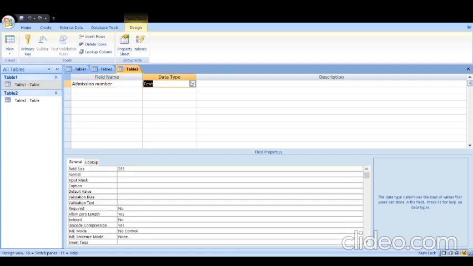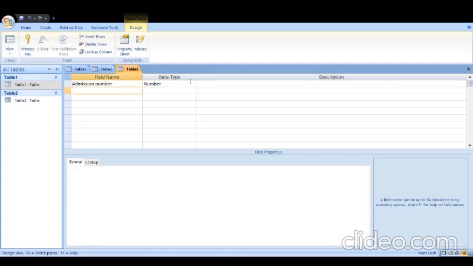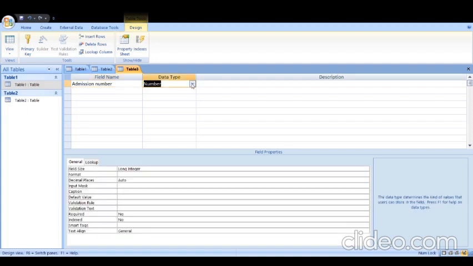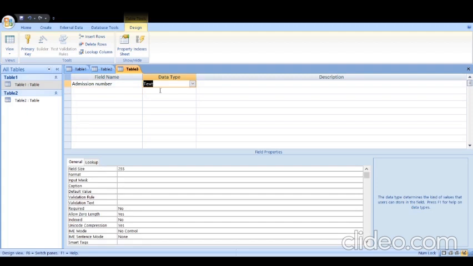So my data type will be number. Why number? Number data type means you can enter only numeric data. But we take number data type when we want to do any calculation. On admission number we don't want to do any calculation, so I am changing it into text.